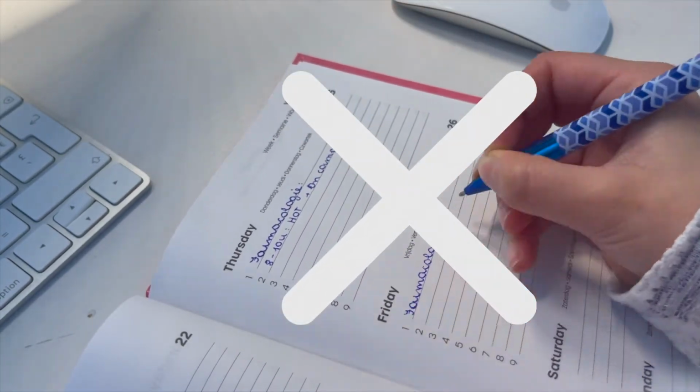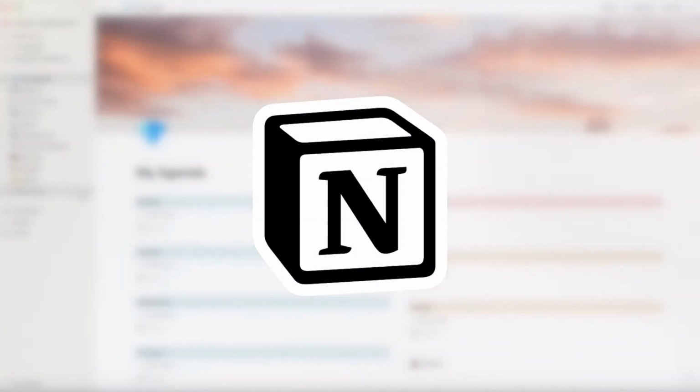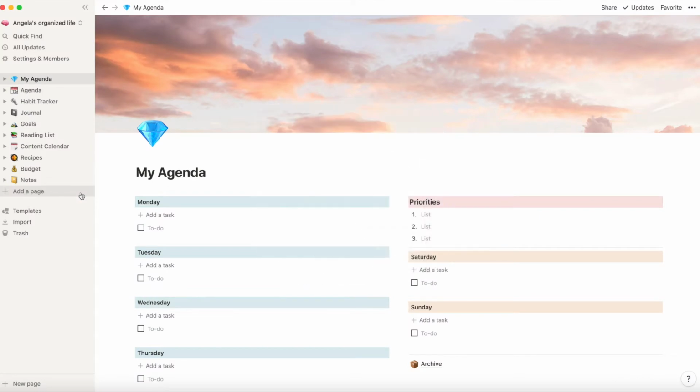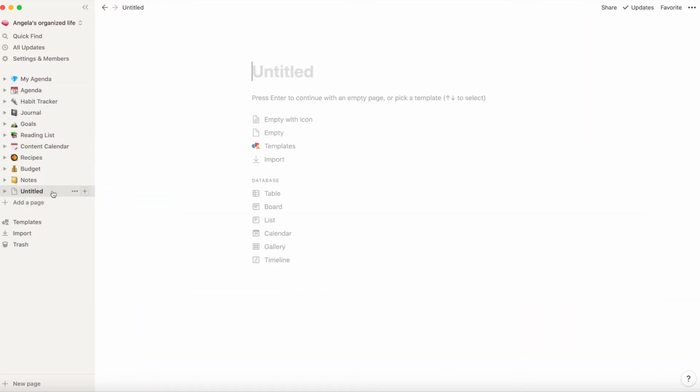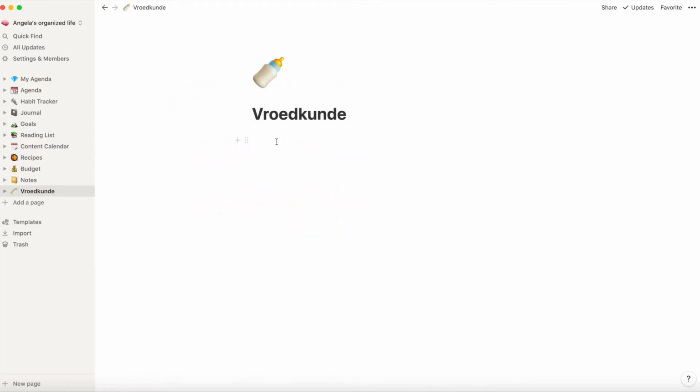This time I'm going to do everything in Notion. I've been using Notion for the past 2 weeks and I'm in love with it. It is completely customizable, so I can do whatever I want to do. So first I add a page, then give the page a name and an icon. The name I gave is the name of my study, and I'm going to organize everything in this page because I want everything to be at one place.